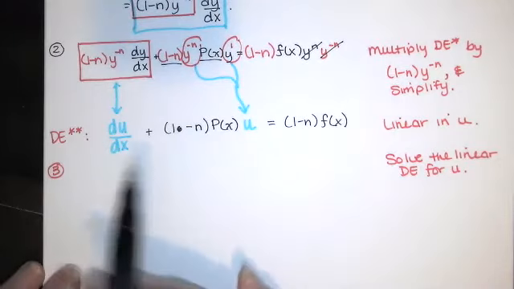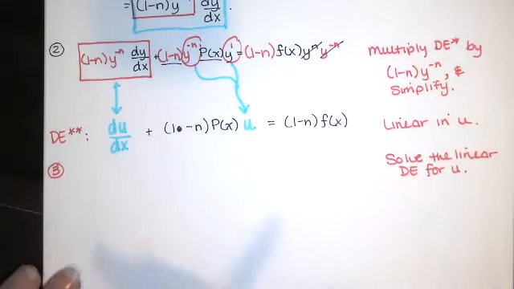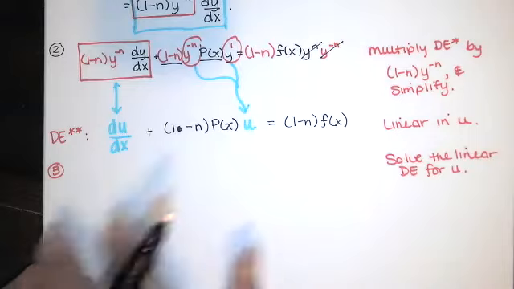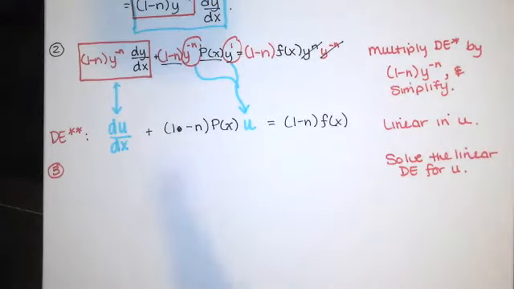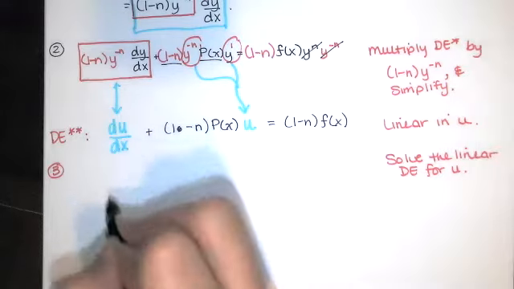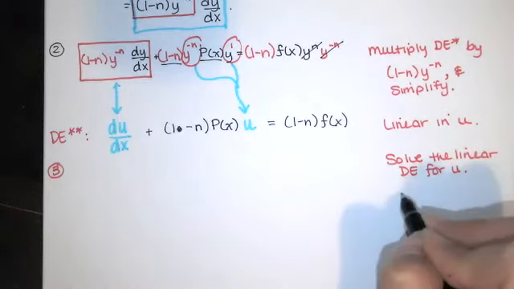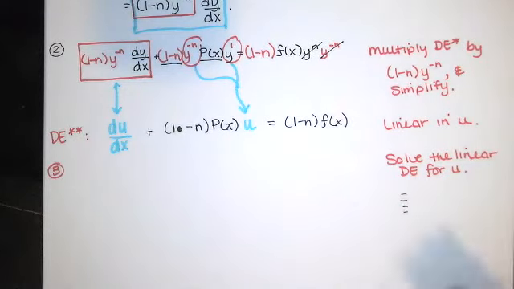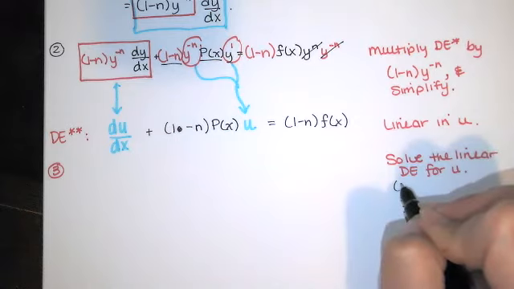And to do that, you identify p of x, you take its antiderivative, you find the integrating factor, and so on. You multiply by the integrating factor, the left-hand side is the derivative of a product, and you take the antiderivative to get rid of the derivative, and you divide by the integrating factor, and eventually you get u by itself. So you solve the linear differential equation for u, and there's a lot of little steps involved that we studied already. But eventually you're going to do that. You're going to use the integrating factor method